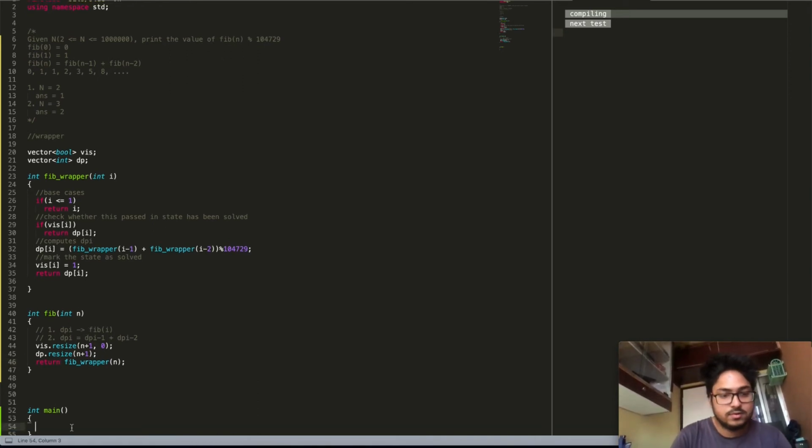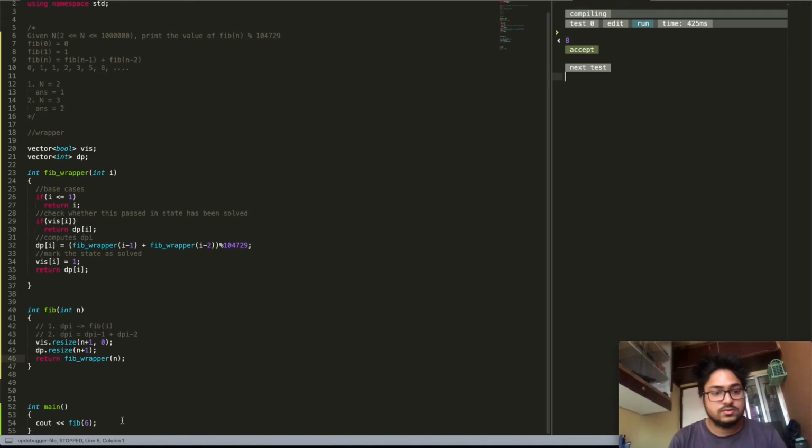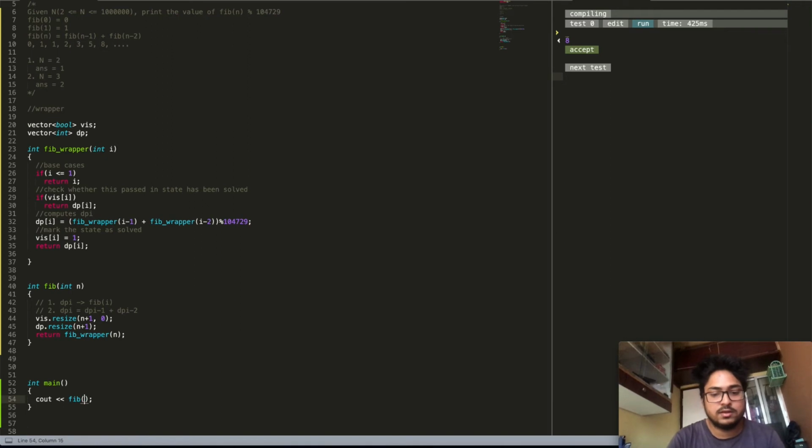Let's find the value of Fibonacci of 6 and see if our memoization code worked or not. It returned the value 8, and this is the correct answer, and thus it worked. Let's have a look at another example. Let's see if Fibonacci of 7 is computed correctly or not. Fibonacci of 7 is equal to 13. As you can see, the values of the series are being computed correctly.